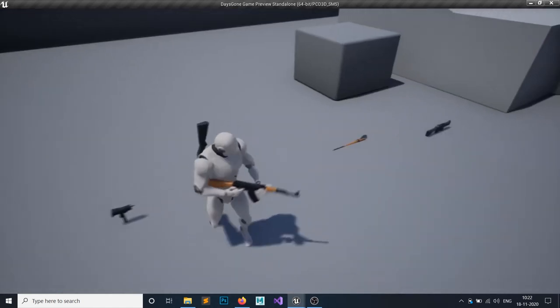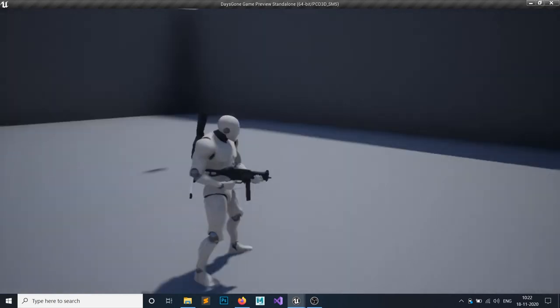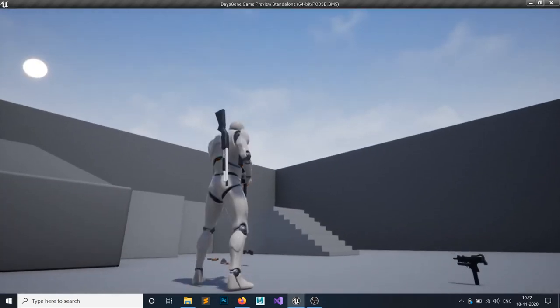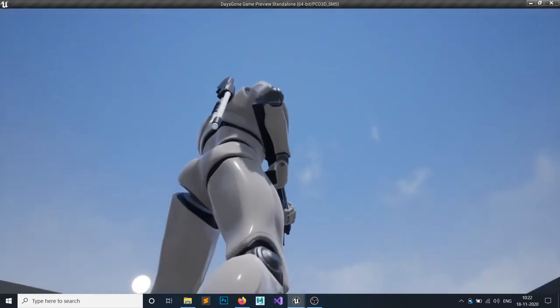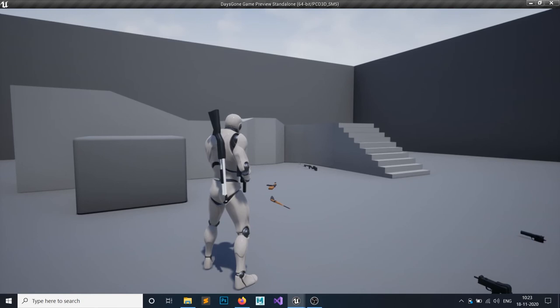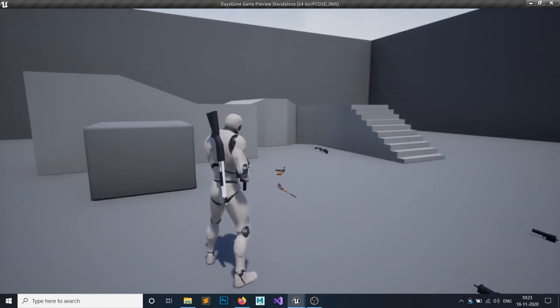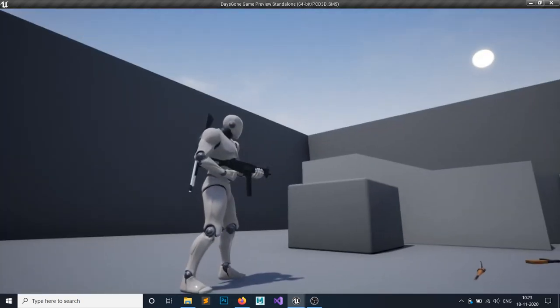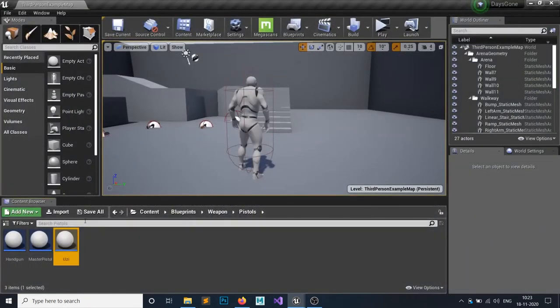Also, as you can see, I cannot shoot on the upside, I only shoot on a single side, right? So that's what I want to fix. I want to shoot in the upside and my gun should move upwards. So this is what we will do in the next video. So this is all for it now.